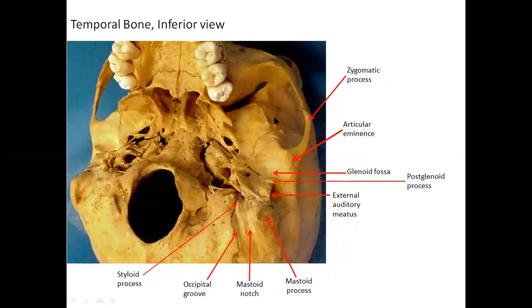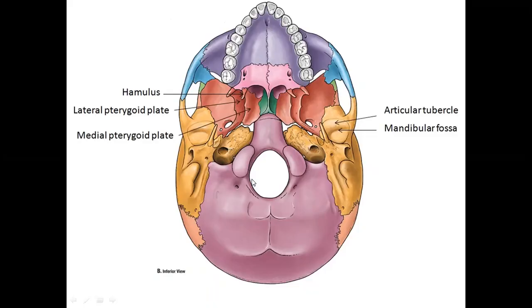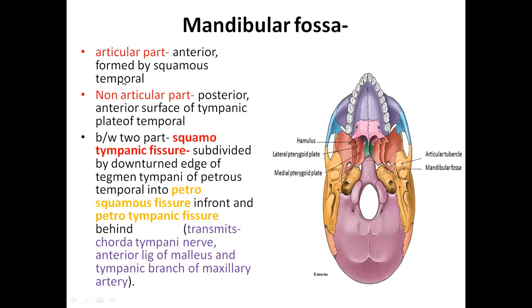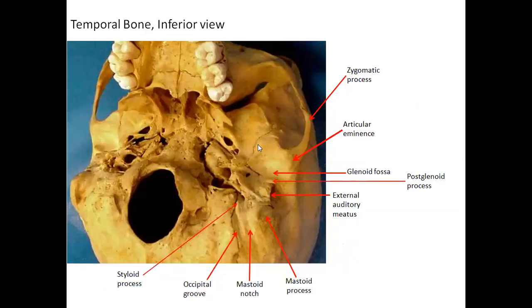See, this is the true bone where you are finding this. What is this? We know pretty well, this is our zygomatic arch. This is our mandibular fossa, the glenoid fossa, which is nothing but the mandibular fossa. This is the external acoustic meatus. It has an anterior part and a posterior part, isn't it? The anterior part is squamous temporal, and the posterior part is the tympanic plate of the temporal. Squamous temporal is this, the tympanic part of the temporal is this, and then I said there is a fissure. Are you finding the fissure here?